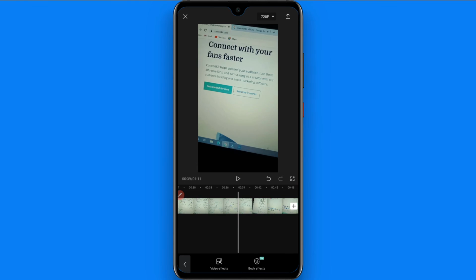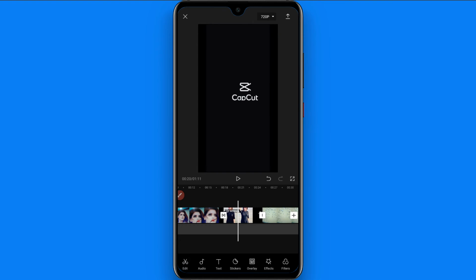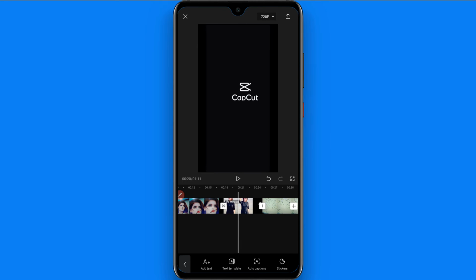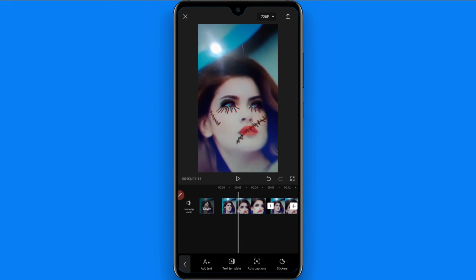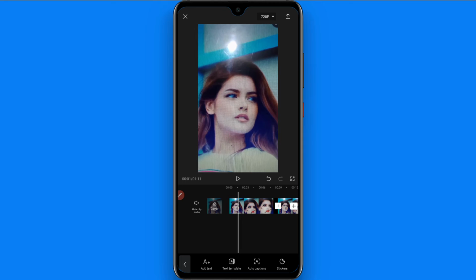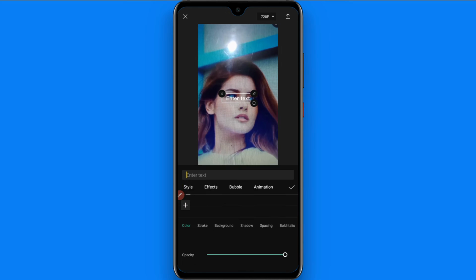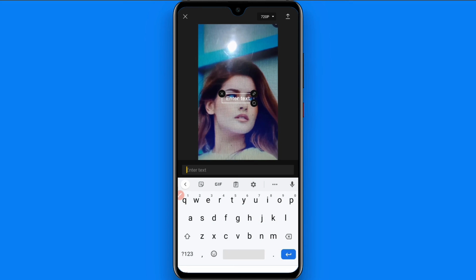Another thing is that, go back and you can apply text in your video. You can add text templates and an auto captioning option right here. So to add simple text, you have to click on add text, and the text box is here. So you have to write your text. This is